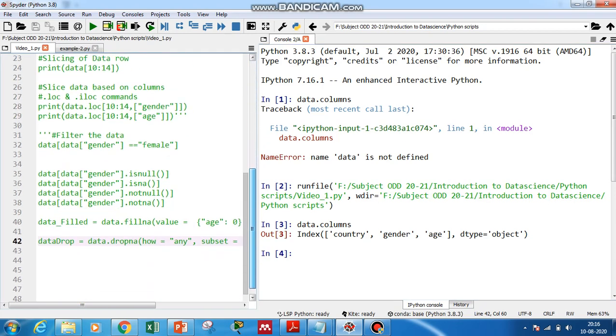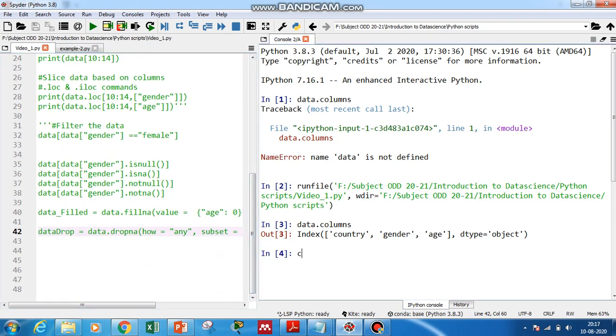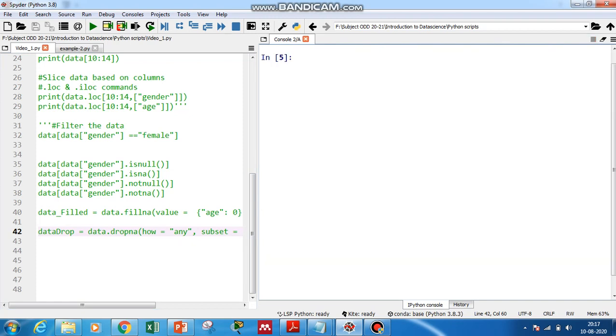Now we are going to filter it based on the conditional operators. So how can we filter it out? The syntax used is data, gender equal to female. If we give simply data gender equal to female, whichever rows have female in the gender column, it will extract them.